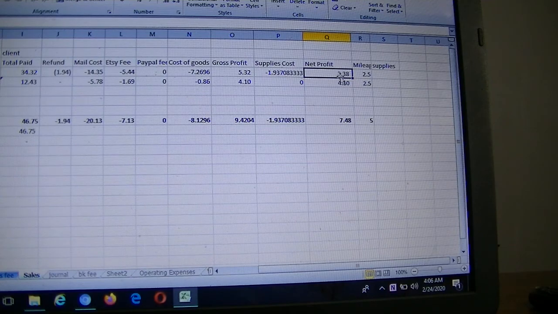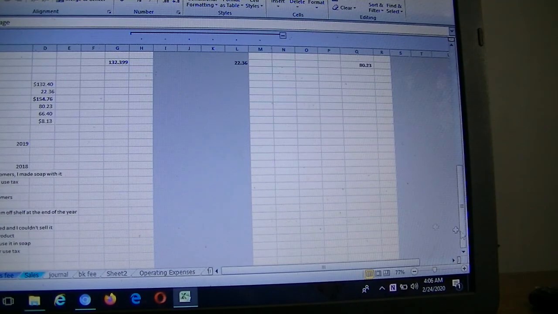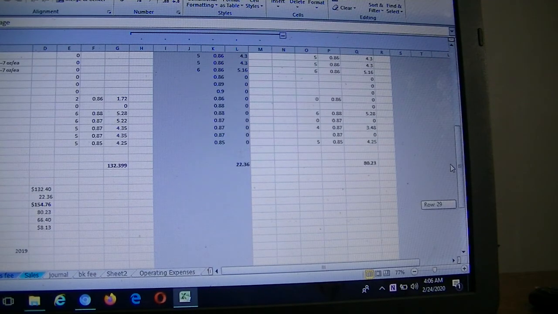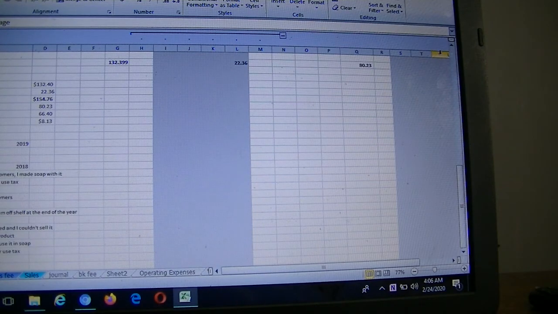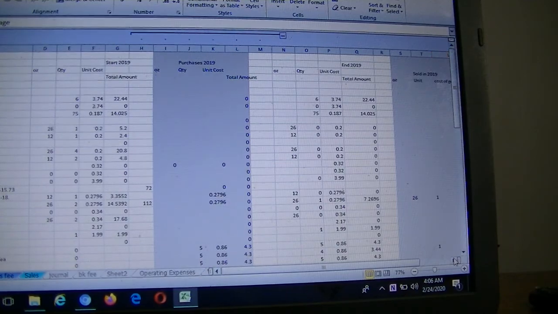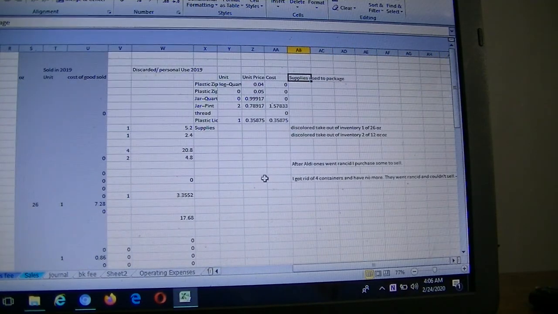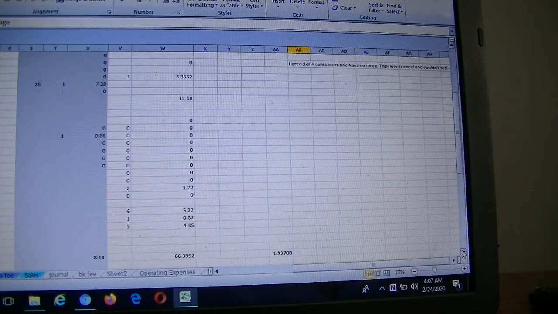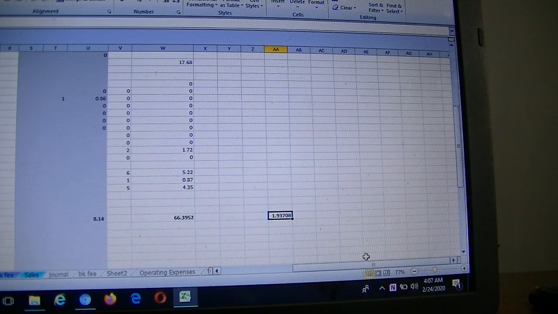So I have 5 miles here. I have the net profits. Everything in this section is totaled. And if you see the supply cost here, and you come down to my inventory spreadsheet, you will see the same supply amount. If we go up a little bit, that's the package use section. You will see the same total down here as well. That's that. So everything needs to tie up for you